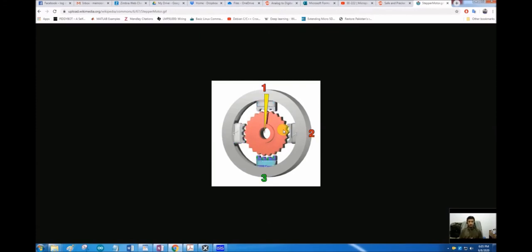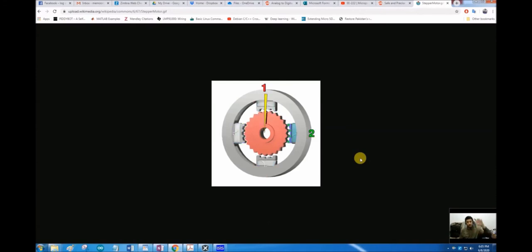But in case of a stepper motor, there are multiple excitation coils inside its structure, and by alternatingly exciting these coils, we can give one step to this motor and the motor will rotate one step at a time.